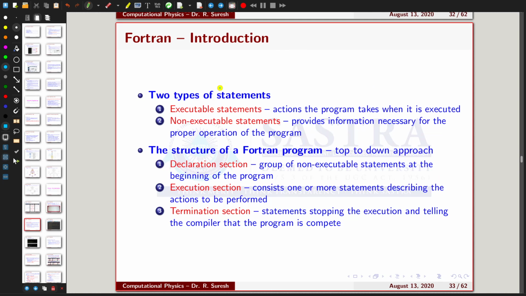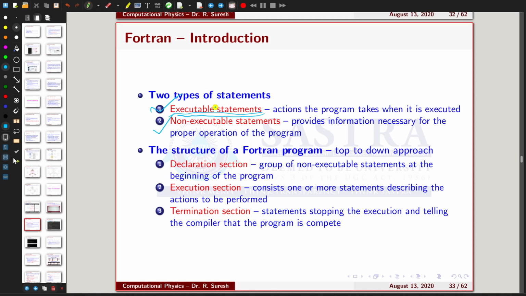So next is the Fortran structure. If you are writing a Fortran program, there are two different categories of statements: executable statements and non-executable statements. Suppose you are doing mathematical operations, these come under executable statements, because you are executing something in the program.